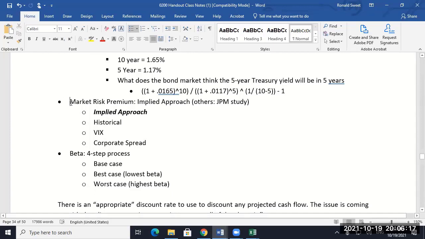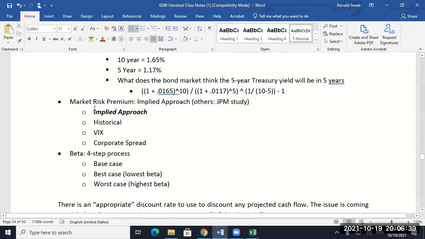Right, the market risk premium. There are many approaches to this, and if you really want to see them, I've got a JP Morgan file I can send you. They go through all of the approaches. It's somewhat dated, and we had a student working for them that was going to get me the updated version, and then he quit, went to another job, so I lost my access.